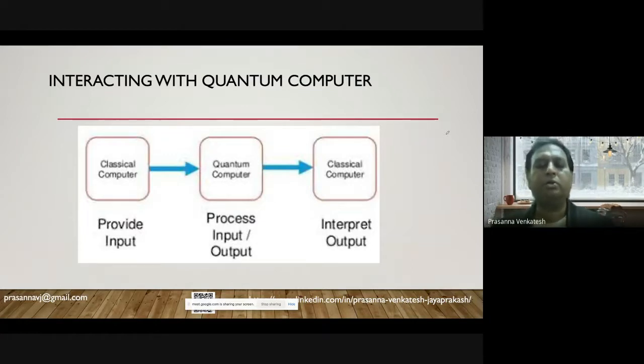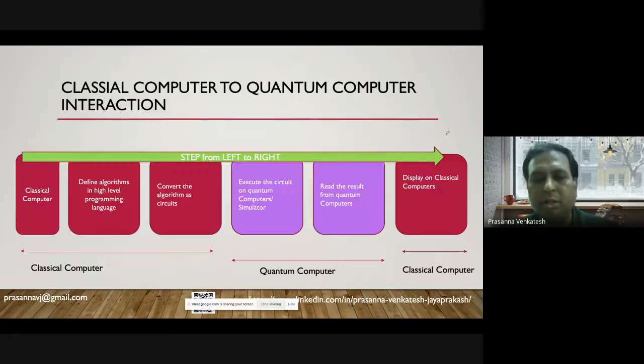Whenever you want to do something, you take your data on the classical computer and send it to a quantum computer, and it processes it. Once that processing is done, you get back the final outcome and look at it on your classical computer. That is the interaction with the quantum computer. This is the approach being followed.